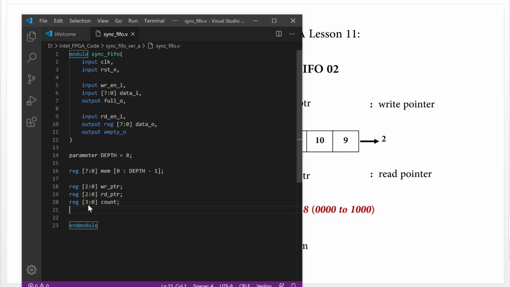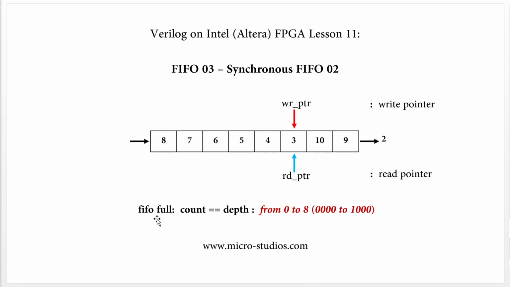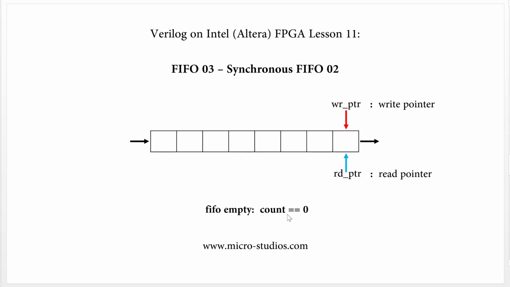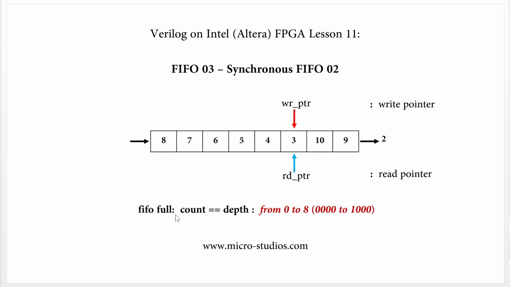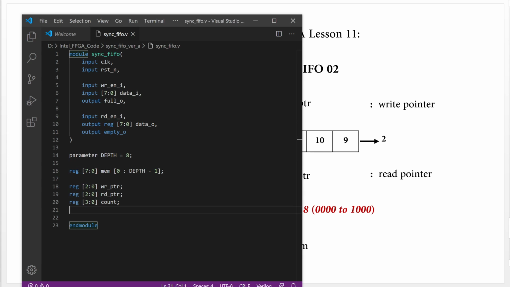Okay. So this is the write pointer, read pointer, and the count. So now we are able to define FIFO full or FIFO empty. FIFO empty is when this one equals 0. FIFO full is when this one equals depth. So let's code it. Okay, so we use assign